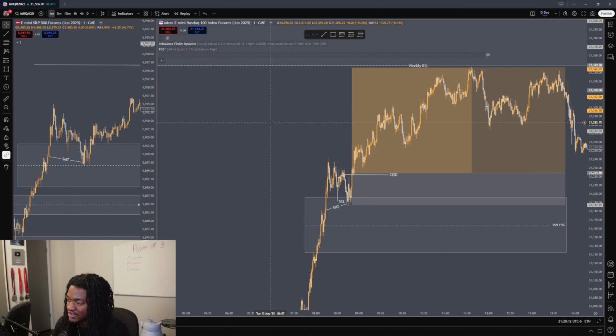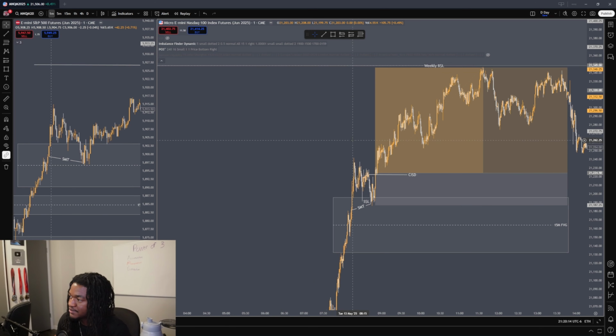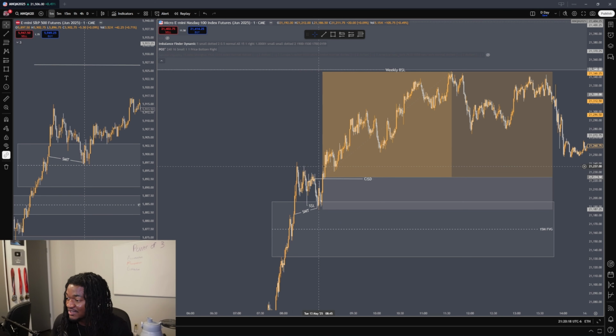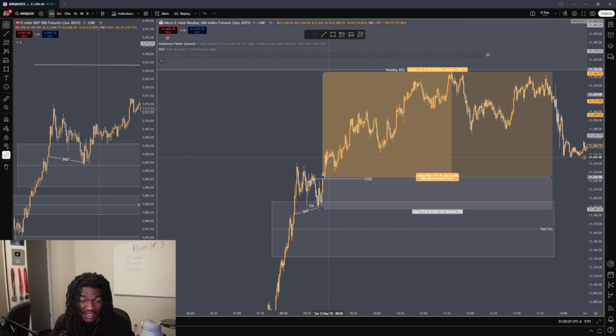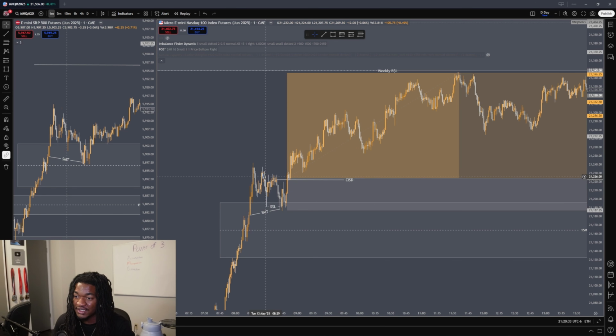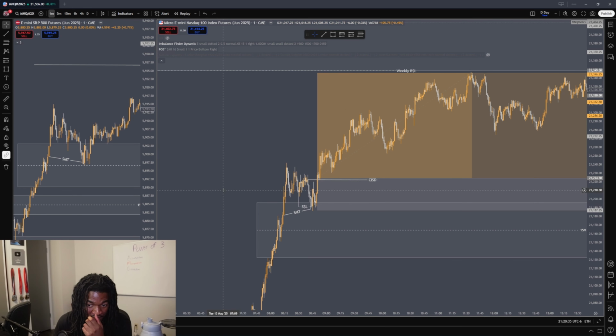So on Tuesday we did take that trade there. This was a beautiful trade. The thing is, I actually entered late, and I put my stop loss a little too early, actually too early, and because of that I ended up getting stopped out here, and then it just pretty much left me for the day. But the way this trade went, we had a 15-minute fair value gap open up, waited for that